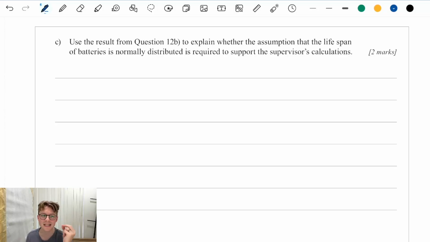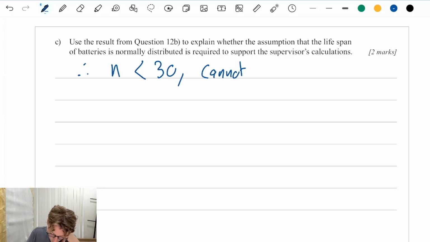Well, the rule we say is 30. So if it's above 30, it can be normally distributed. If it's below 30, it can't be. That's the specialist rule. Methods, I think, might have a slightly different number. I'll revise that if we do the methods paper. But for specialist, it's a hard 30. For specialist, 30 people. Well, we're at 23 if we round up. So we're below the threshold. So therefore, n is less than 30. So it cannot be normally